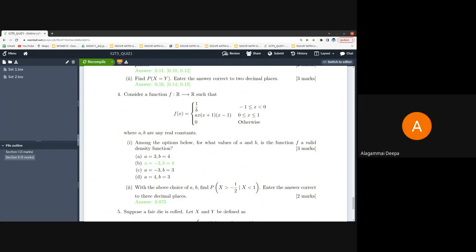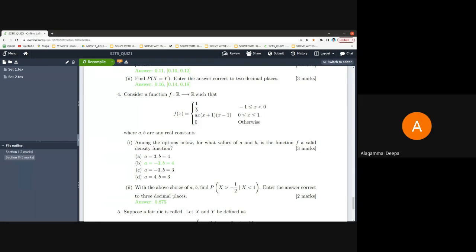No, see, it should add up to 1. All of them add up to 1. Yeah, we should add. But anyway, the integration part becomes 0. I'm asking, sir, about that one for -1 to 0. No, it will not be 0. The derivative is 0, okay, but the integration of 1 is x. So it will be 1 by 4. It's the integration of 1 by b dx. Now 1 by b will come out, and the integration of dx will be x, and then you put the values in x.